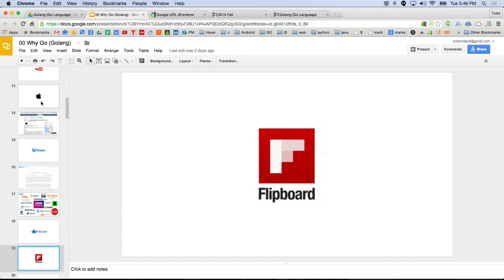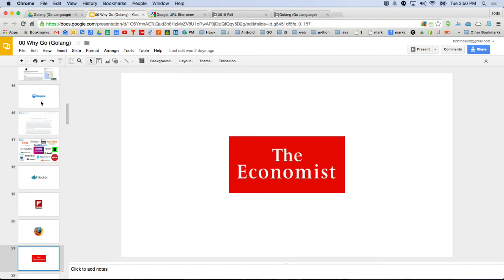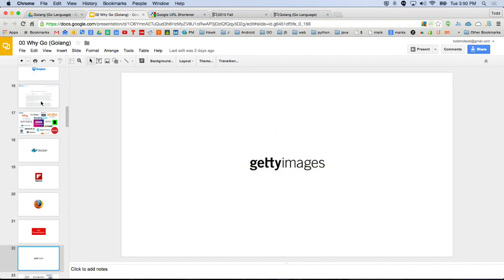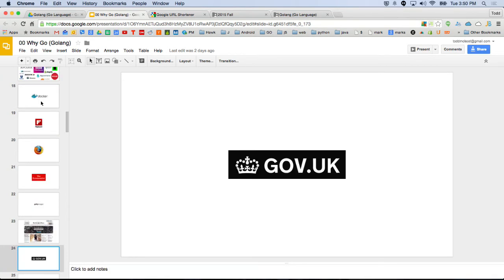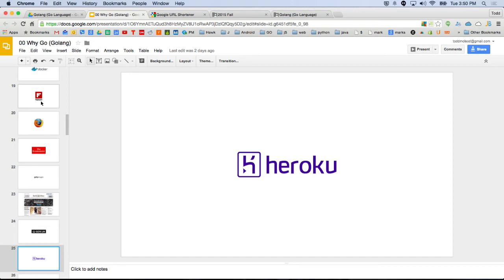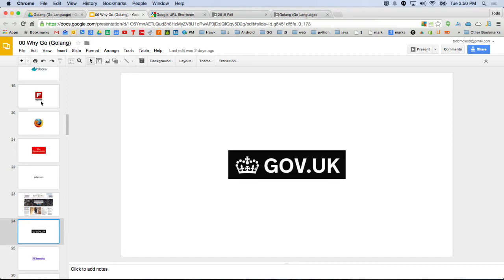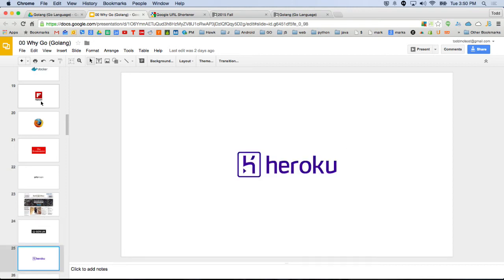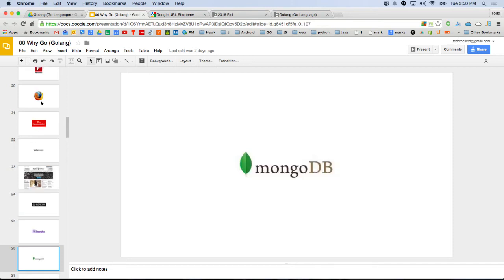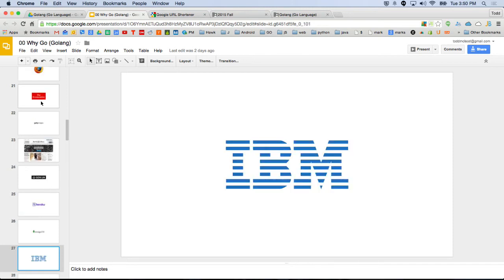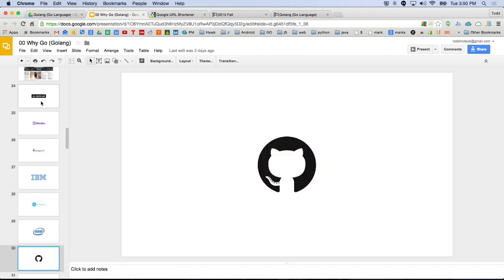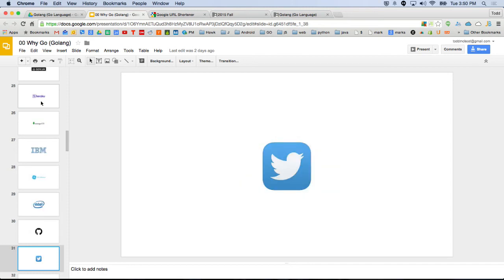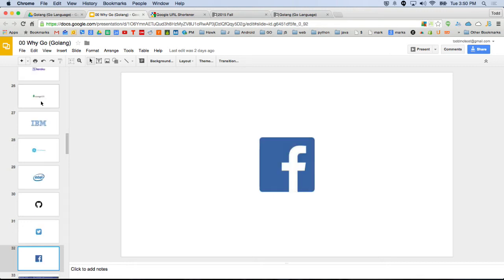Docker, Flipboard, Firefox, The Economist, Getty Images, The New York Times. Wow. Government UK, like all of the United Kingdom government stuff, right? Their web things. Heroku, MongoDB, IBM, GE Software, Intel, GitHub, Twitter, Facebook.